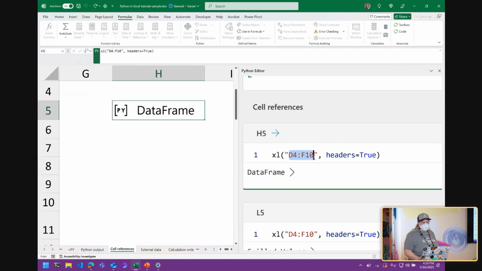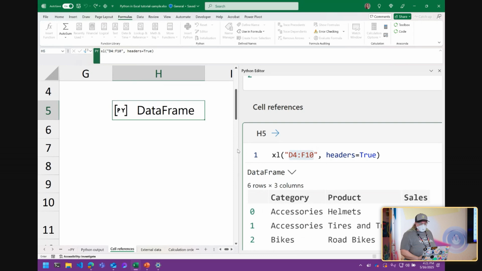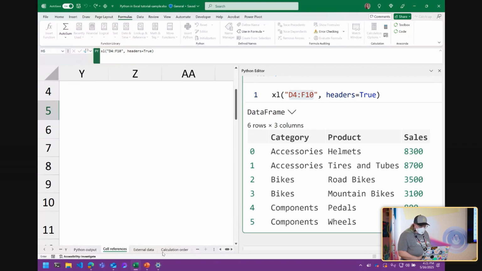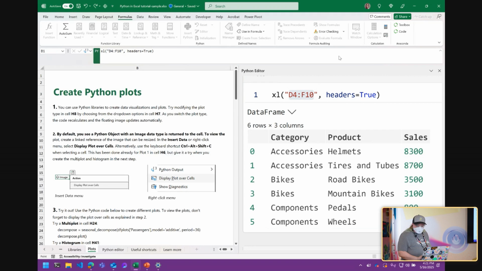And I can just basically say, here's a cell range. I can also specify a named table. I can name a pivot table. If you're familiar with Power Query in Excel, which is a way you can actually pull in data from databases, you can have named queries, so you can just put the name of that query there, and then that pulls that data in. And you can see it's very heavily integrated with pandas because it returns data frames. That's kind of its inherent. I mean, they're effectively a spreadsheet anyway. So let's look at, I would like to look at the plots. Okay, so